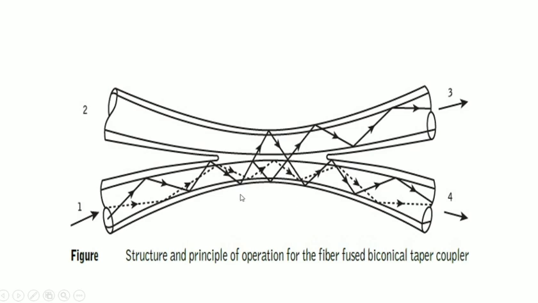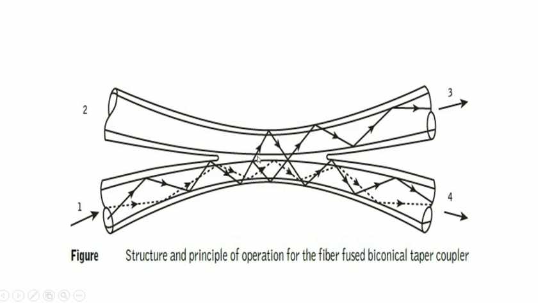Next. Only a portion of total power is coupled between two fibers. This is the total power: port 3 plus port 4, whatever power is coming, that will be the total power. Only a portion of total power is coupled, because usually in port 4, the main fiber, we are getting more power. Why more power? Consider this dashed line, the lower order mode, it is there in the main fiber. The straight line, the higher order mode, is also there in the main fiber. So more power is coming from the port 4 output, less power is coming from the port 3 output.